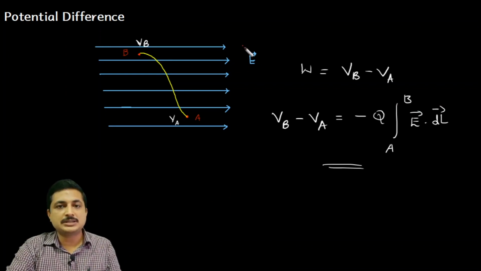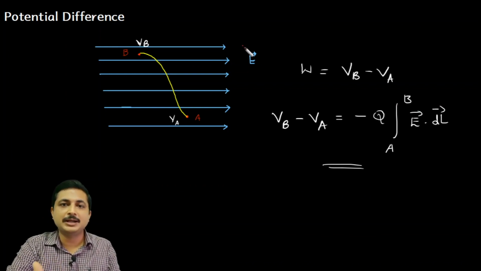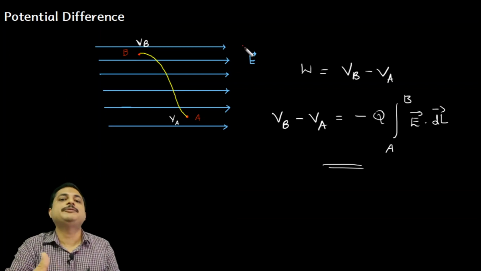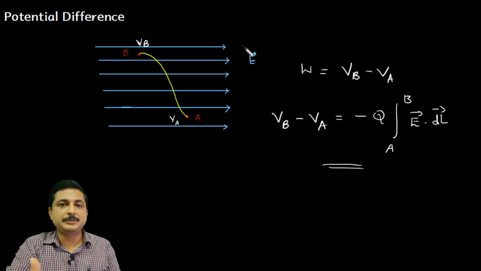Now we have to consider one more case. I have considered the electric field as non-uniform, right? What if the electric field is uniform? This discussion can be easily adapted to any condition, because we have already derived it for a non-uniform electric field, so it should not be a problem. If we had done it only for a uniform electric field, then it would have been a problem, because if somebody asks you about a non-uniform field, you would not know how to derive it. Now we derived it for non-uniform, so we can easily extend it to a uniform electric field.